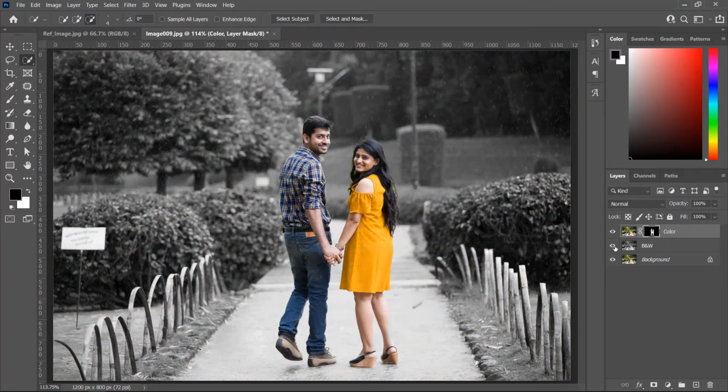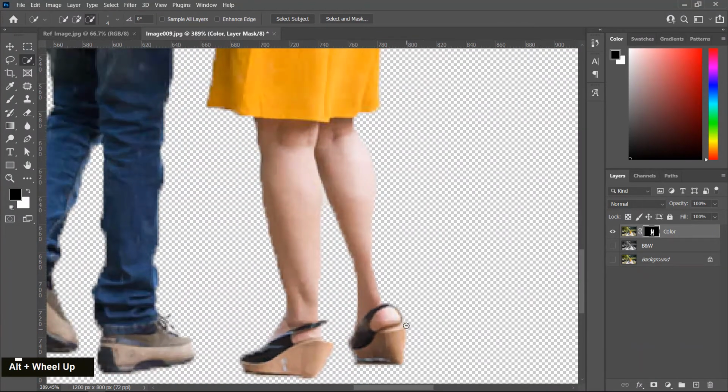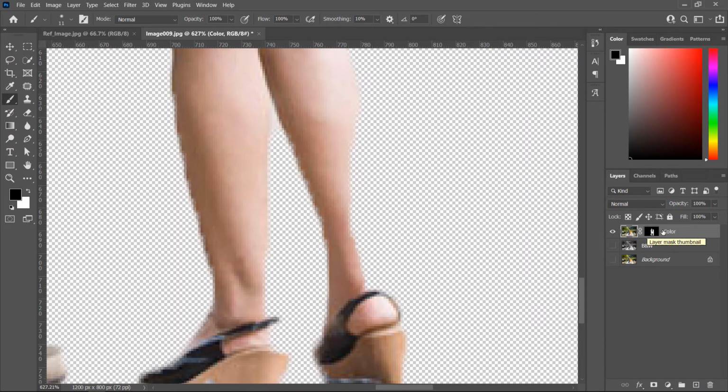Now I turn off these two layers and fix the problem. So I zoom a little bit and here you can see this area is not opaque. So first I choose the brush tool, and this tool is available here, or you can activate this tool by pressing the B key. So the brush tool is activated and this mask area is selected. When you click on this layer you can see a highlighted box is created here. It means the image is selected, and if you click on the mask, it means the mask is selected.